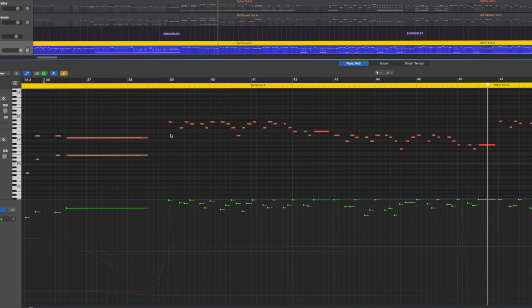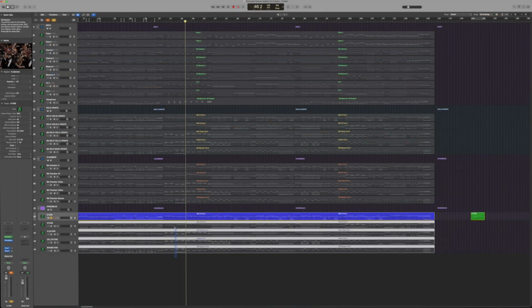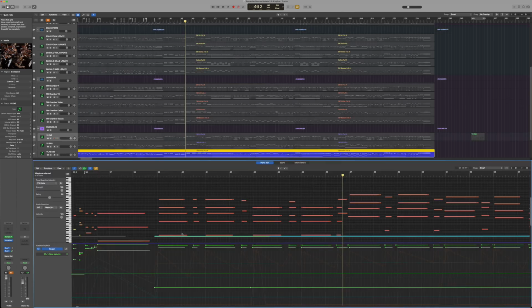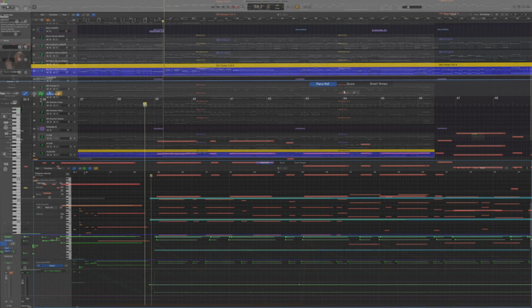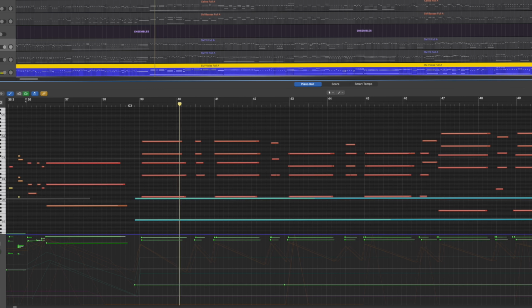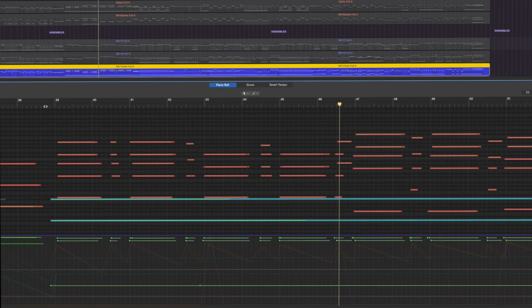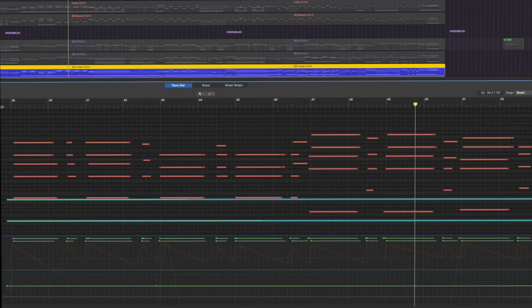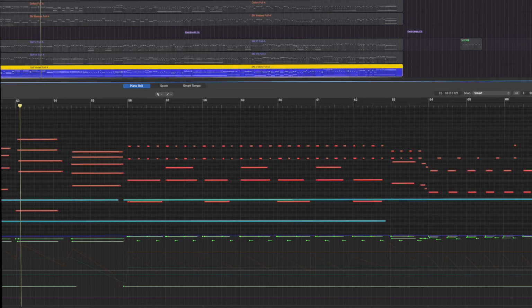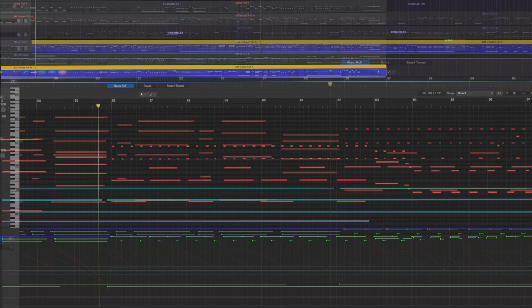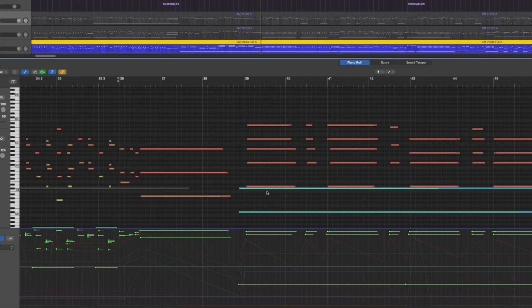How about what's happening in the low strings? I will open up basses, cellos, violas all together. Let's listen. These blue MIDI notes represent the polymode key switch, allowing you to play multiple notes at the same time. Moving on to the actual notes, here,